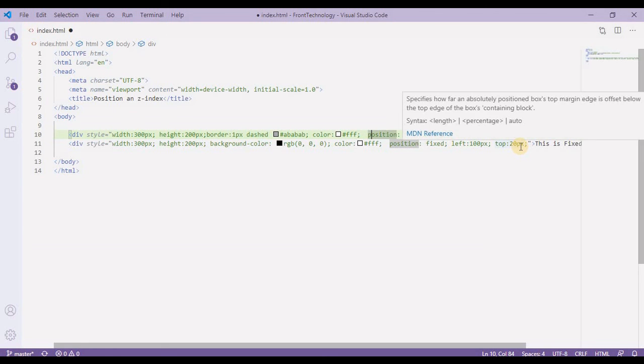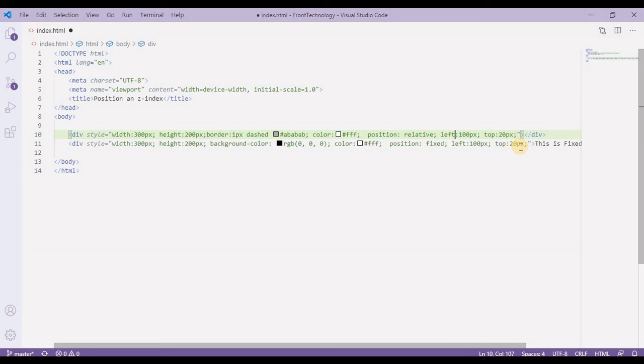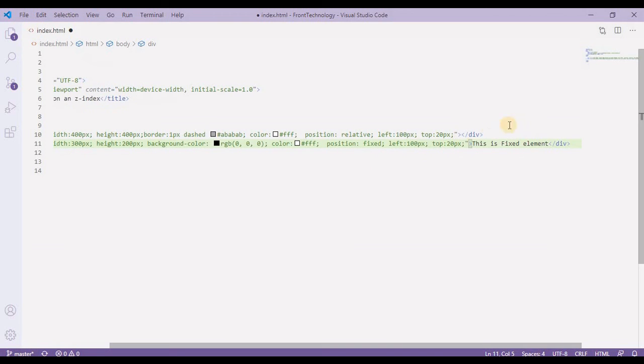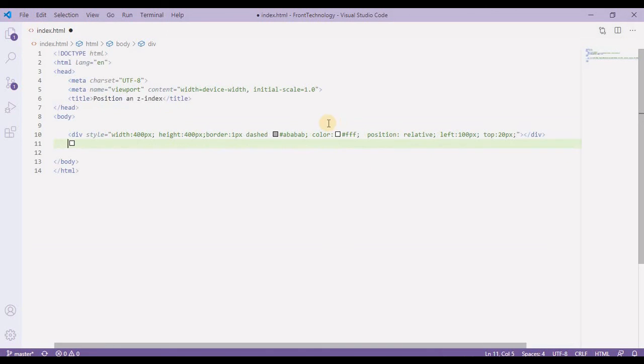Now we don't need this relative position or left 100. Okay, let's keep it like that. And for the width, I want to change it to maybe 400 and height also 400. Now these elements are going to be inside this. I want to change the position of these elements from relative to absolute.